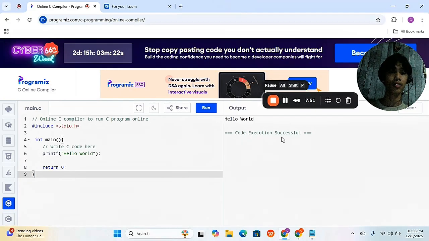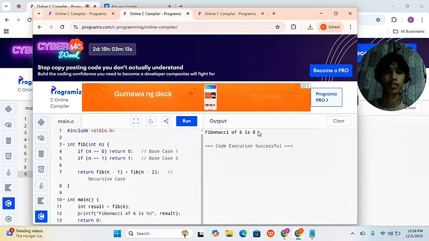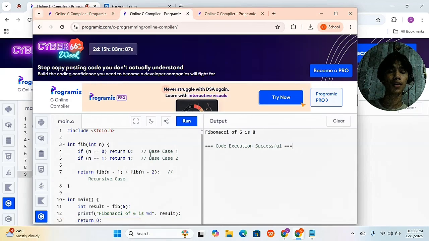Done with factorial, we will proceed now to Fibonacci. These are examples of Fibonacci. I already have the code, so I will explain it so you can understand. Each number is the sum of the previous two. Remember, the Fibonacci series always starts at 0.